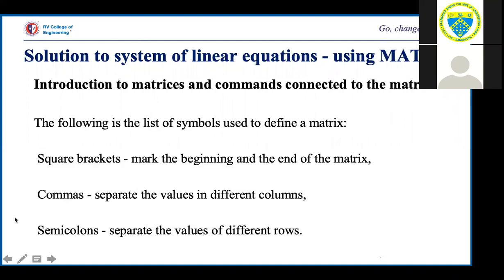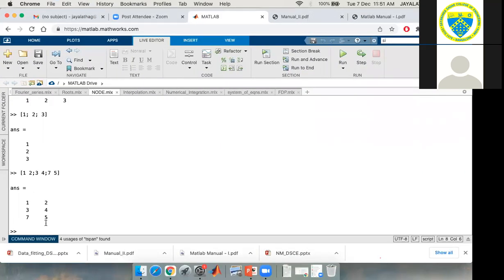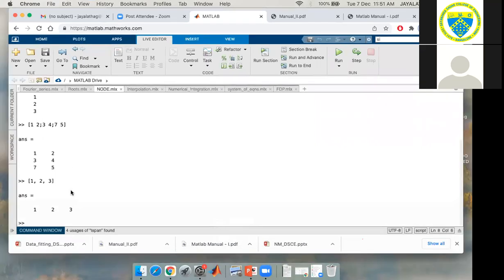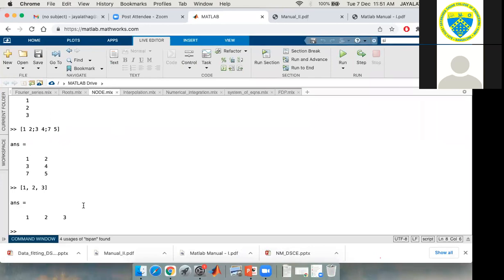As I have just shown, square brackets will mark the beginning and end of the matrix. Commas, you can use the comma also to have a row vector, say 1, 2, 3 will return me the same one. Without comma also it will work. It will work with comma as well.